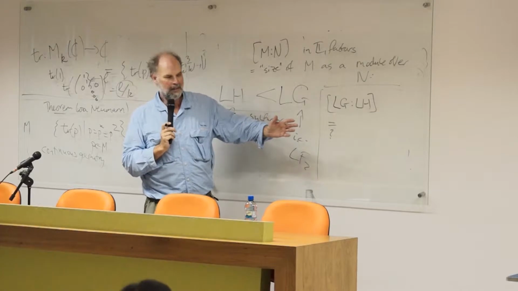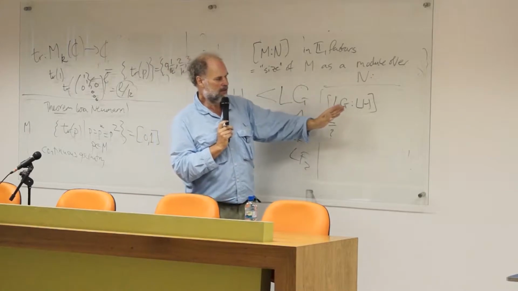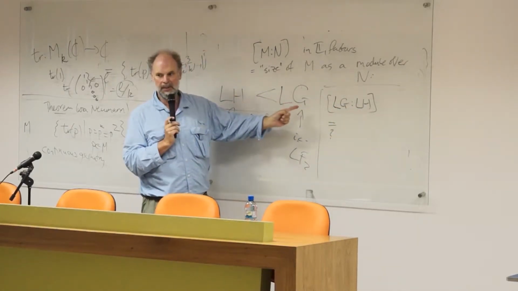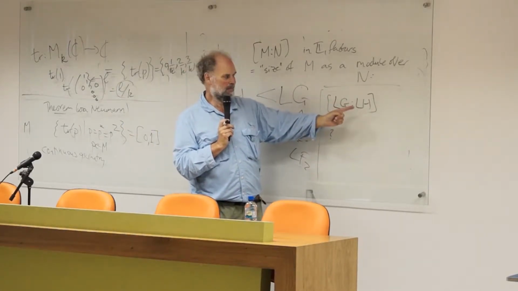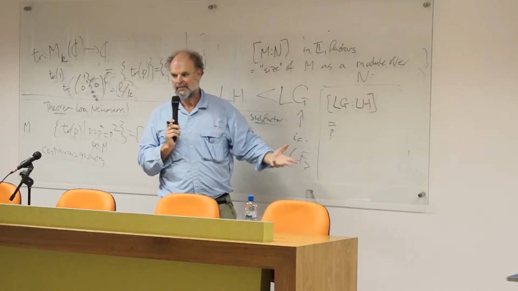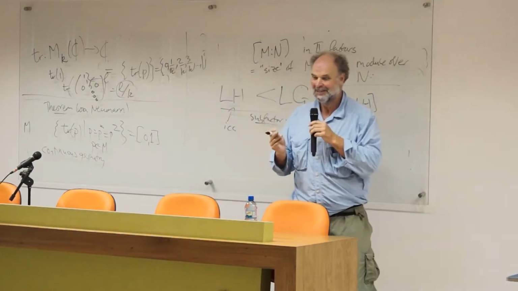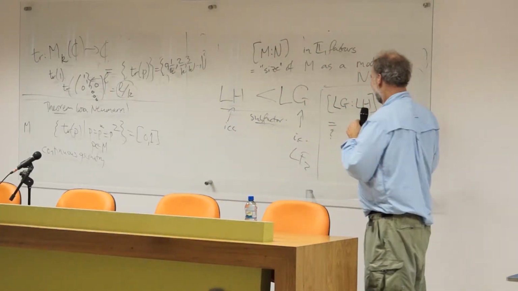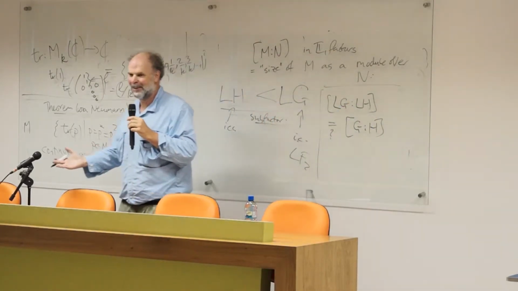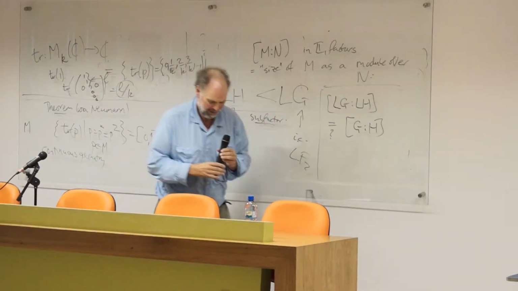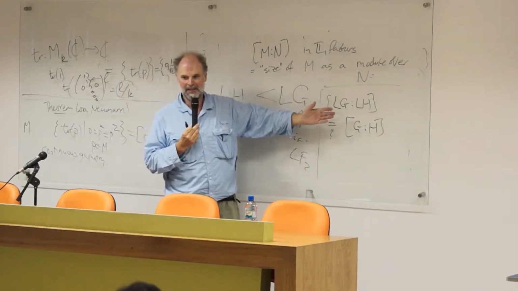So what I'm saying is there is this notion of index which is defined for all 2-1 factors, and here are two 2-1 factors for H a subgroup of G, and this is supposed to measure the size of the big one measured by the small one. So what's the answer? It's called index. So what's the answer? It's the index, right? I mean, it couldn't possibly be anything else. You'd have to be completely insane to invent something for that not to be the answer. So that's what it is.